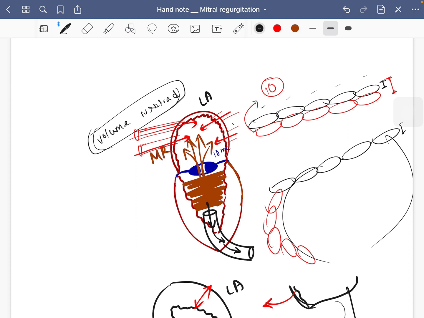But in both situations, that means in concentric hypertrophy there is an increment of total cardiomyocyte mass, and in eccentric hypertrophy there is also an increment of cardiomyocyte mass. But whether the volume of the heart chamber will be increased or decreased depends on concentric or eccentric. Okay, that's fine. So we know that in mitral regurgitation, there will be left atrial enlargement due to